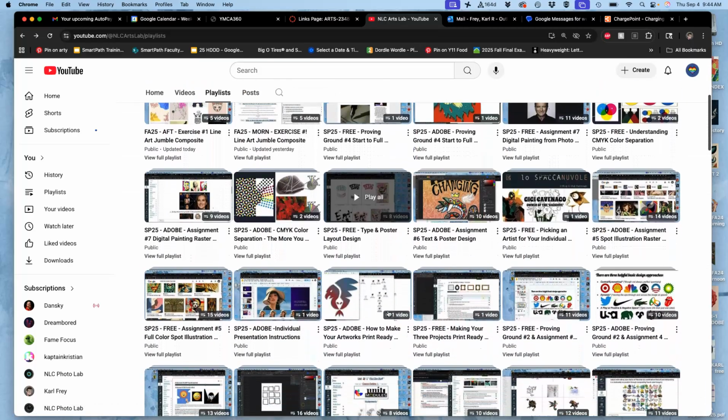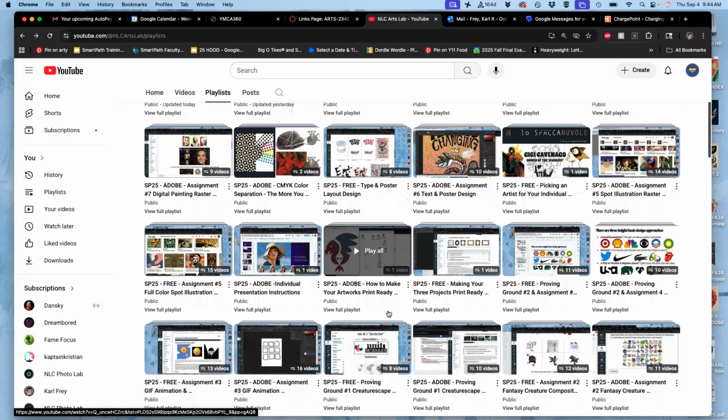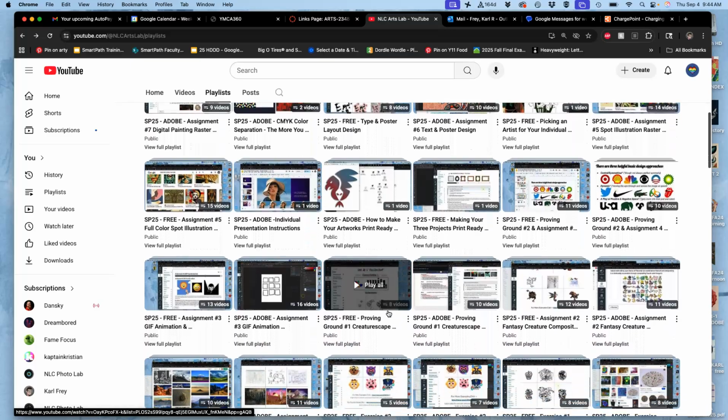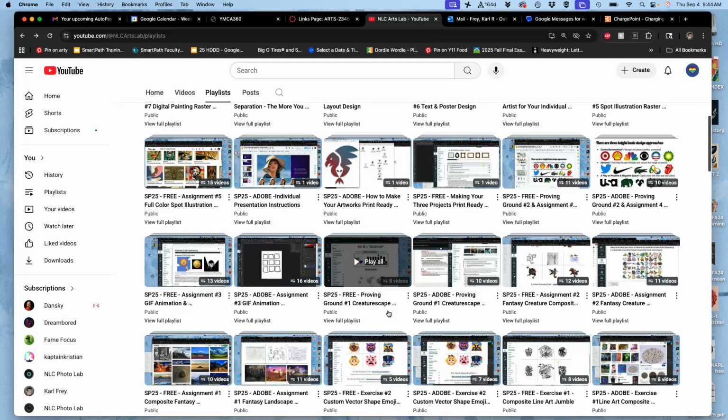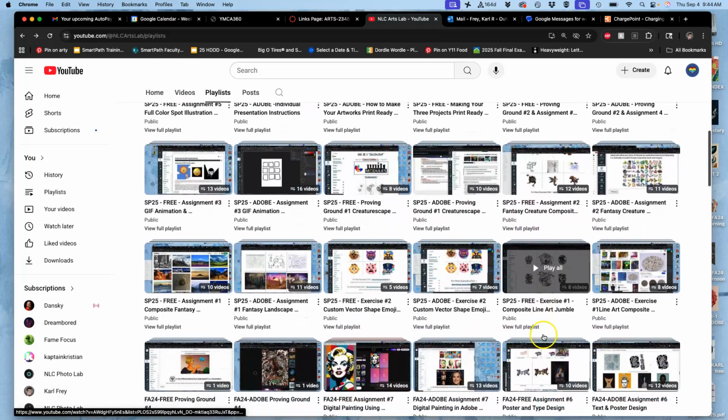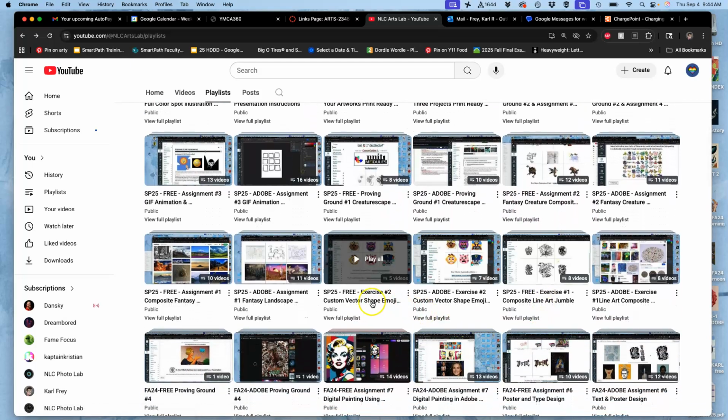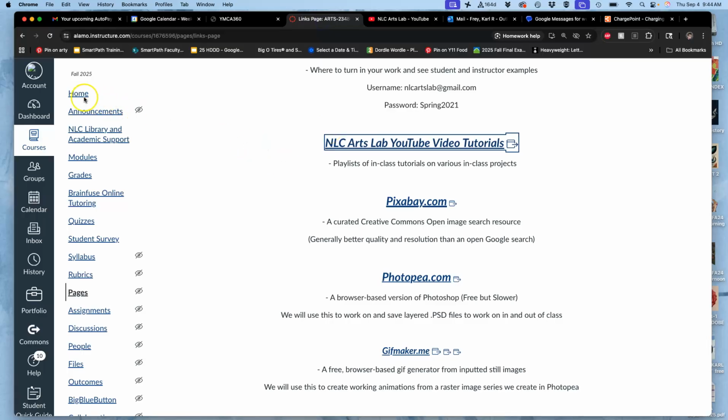Well, we can actually look at spring 2025 and find exercise 2. What we are doing, all the way back here, is a custom vector shape emoji. So where can we find information about that? We go to our home page,